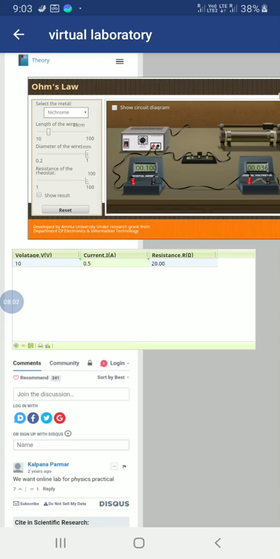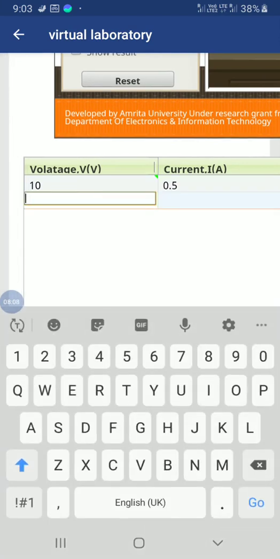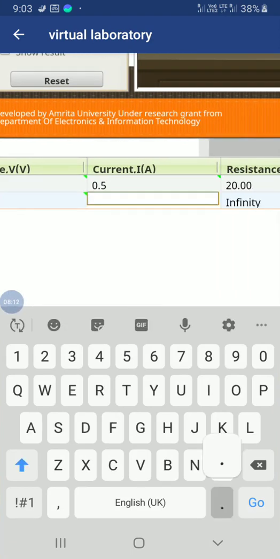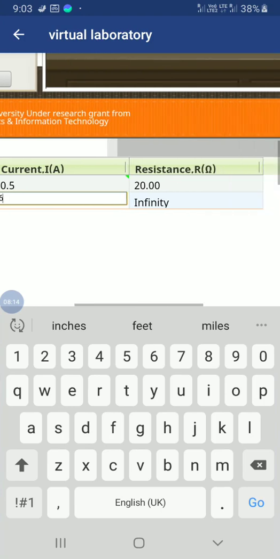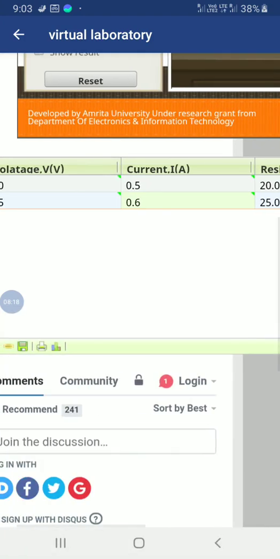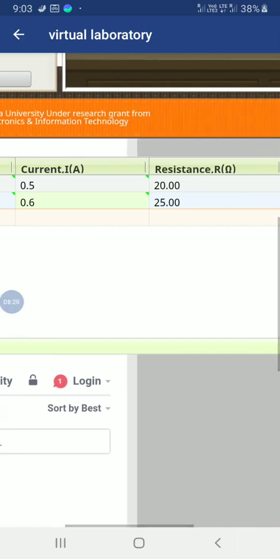Similarly, if you want to add more columns, you just click here. So the add button, again I am increasing to 15 volt and the current is going to increase to 0.6. Now what will be the resistance? Resistance will be 25. So this way you want to make 8 readings by changing the column. This add you can add again. Now you will have a resistance,